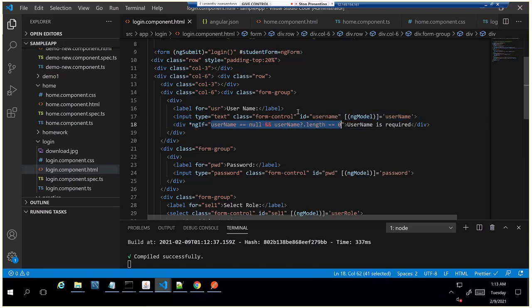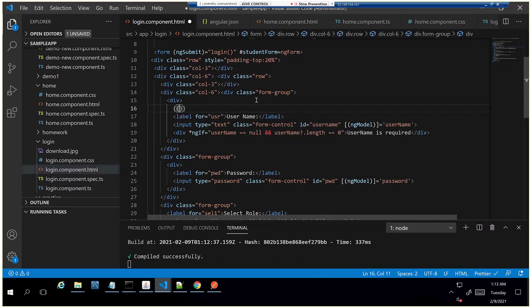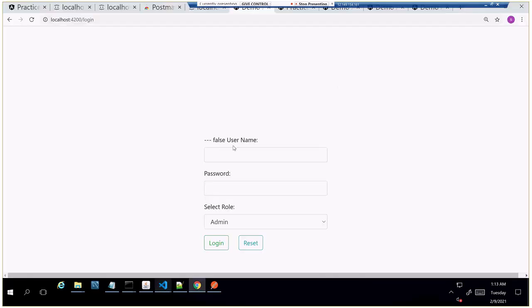Here I am writing that condition just to check whether the condition is successful or not. So it is false now. Why is it false? This should be true.